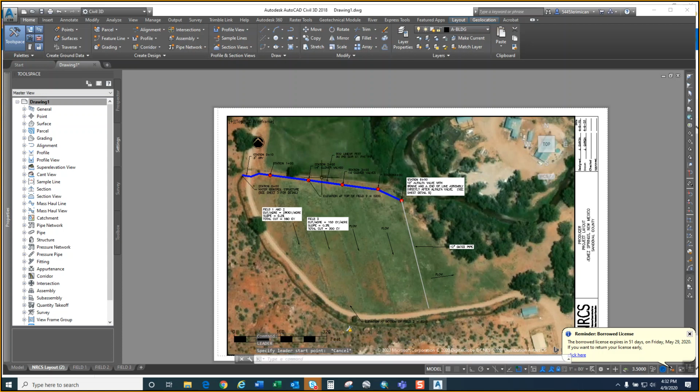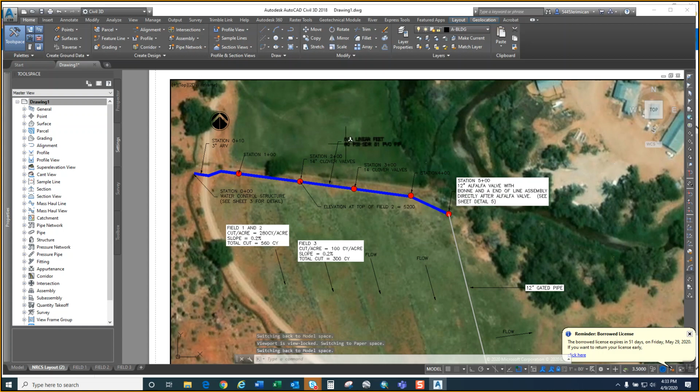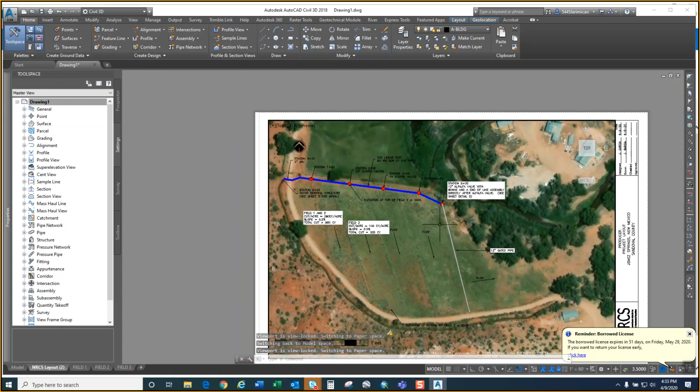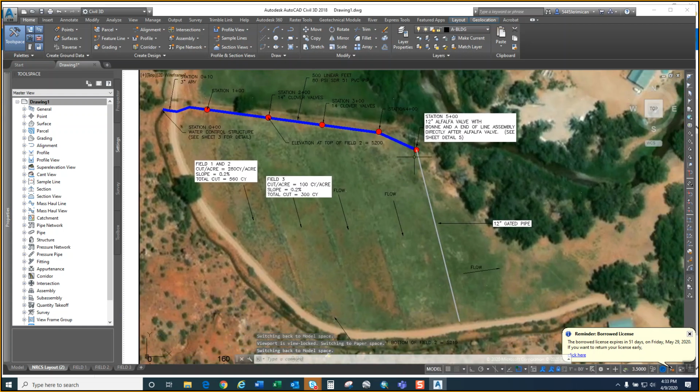So the guy can quickly look at the drawing and say, all right, I need to bid on 500 feet. I need to install 500 feet of 80 psi SDR 51 PVC. I need to install four 14-inch clover valves and one 12-inch alfalfa valve with a bonnet. I also need to install, we don't know this distance, so what we can do is the command, well, the